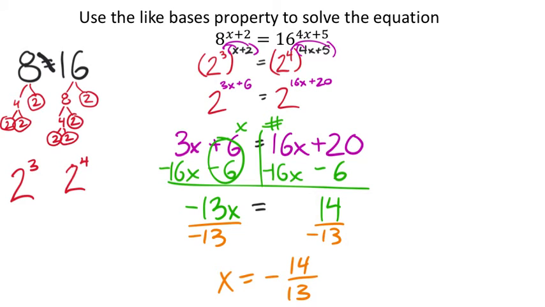It is ugly. 6.817443171. But I'm going to try the other side. I got base 16 to the power of 4 times that ugly fraction, right? Negative 14/13. And that is plus 5. So I push enter. Yeah, it's the same exact ugly decimal, 6.817443171. And that confirms that x equals negative 14/13 is the solution to our original equation, even though it was